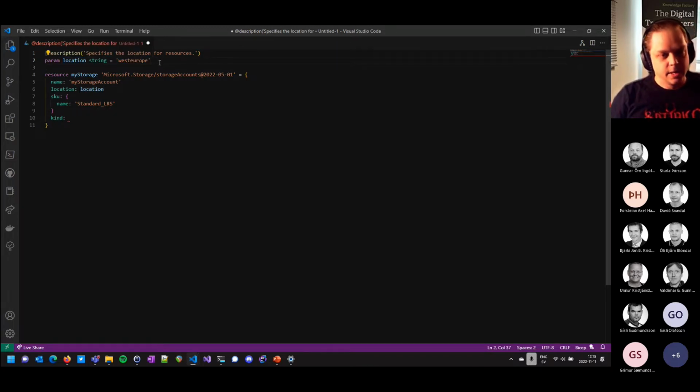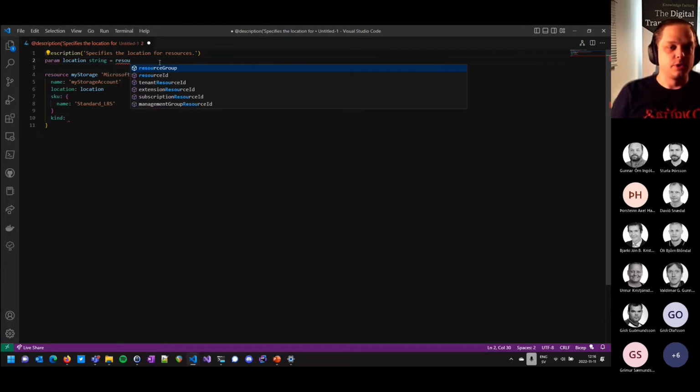functionality in Bicep. So instead of hard coding this, we can tell Bicep that we want to deploy this storage account in the same place that the resource group that we are deploying it to exists. And this is a function. Bicep contains a number of functions. We will look at some of them very soon, but we're going to start with this resource group location. So instead of giving it a hard-coded value of West Europe, we can say, well, maybe I want to create some resources in Sweden Central and some in West Europe. We can instead then say,